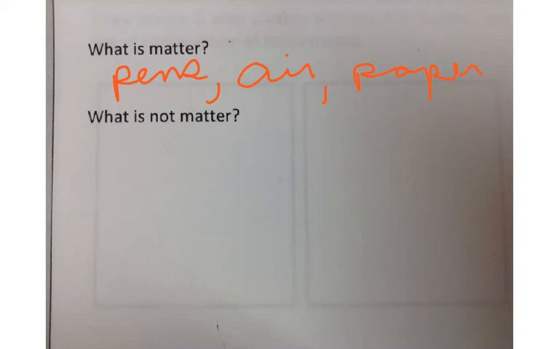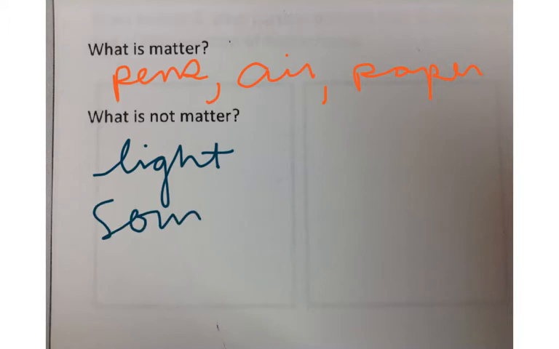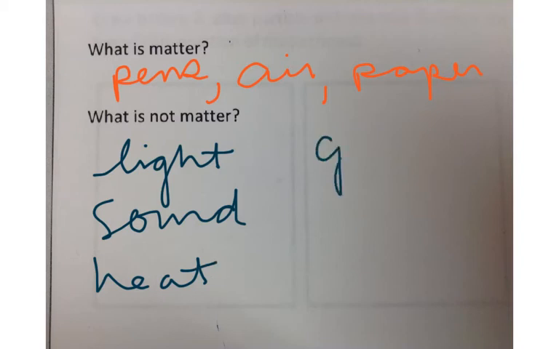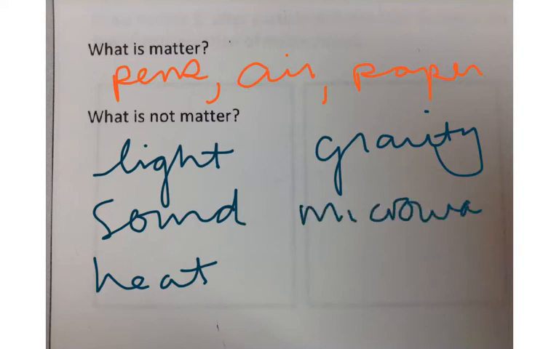So then you question yourself, well, what is not matter, since it seems like so much is matter? Well, you've got light. You have sound. You have heat, gravity, microwaves. And what all these are missing are both the volume component and the mass component of the definition of what